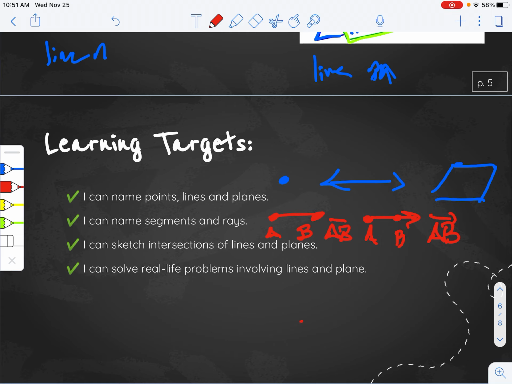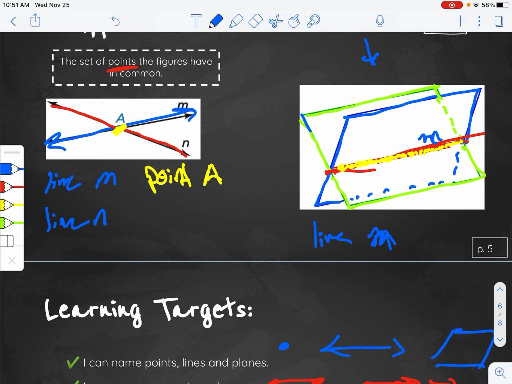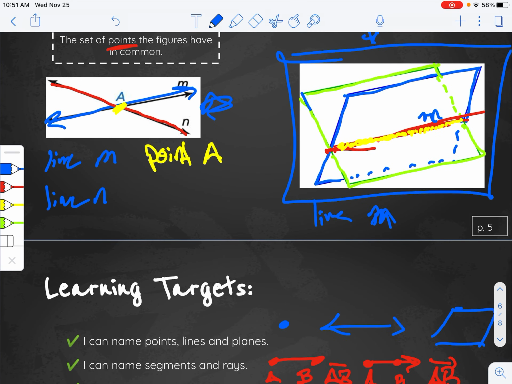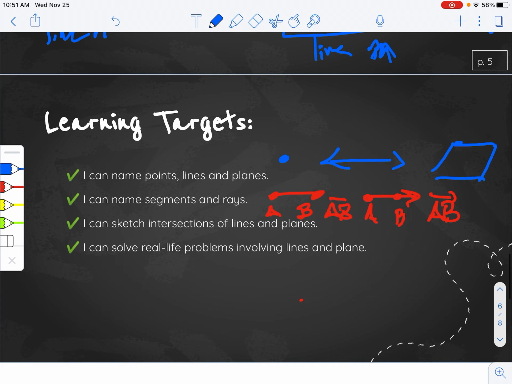I can sketch the intersection of lines and planes. You might not be great at doing this, but the plane is a little bit more difficult to sketch, but I think everyone can sketch two lines that intersect and then get close to sketching a plane. But we won't have to do that too often. And then lastly, I can solve real-world problems involving lines and planes, and that's what you're going to do in the practice today. So that's all that we have for today. Your job now will be to move on and work on 1.1